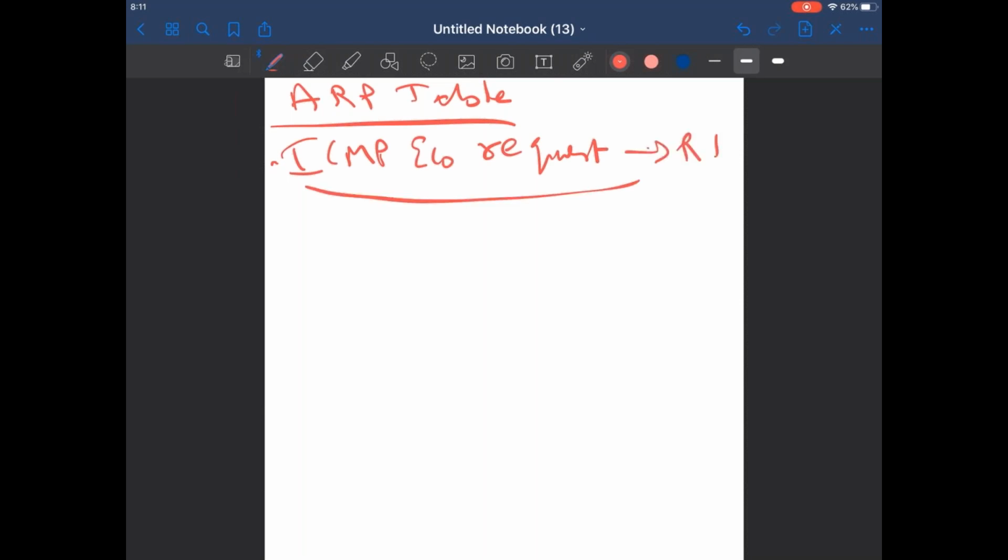Once R1 receives the ICMP request, it will see that the destination IP address is its own, so it will provide the ICMP echo reply. When R1 sends the ICMP echo reply, it will not do ARP because it already has the MAC address of PC1.